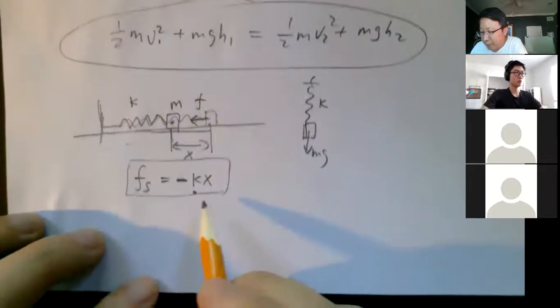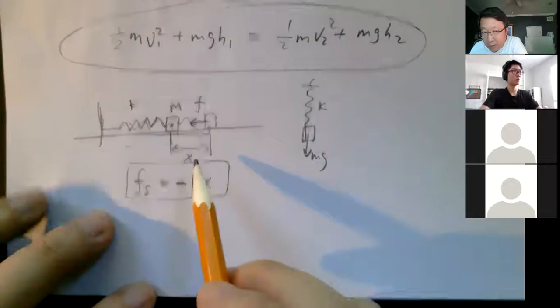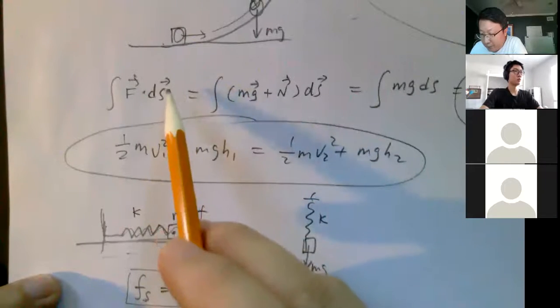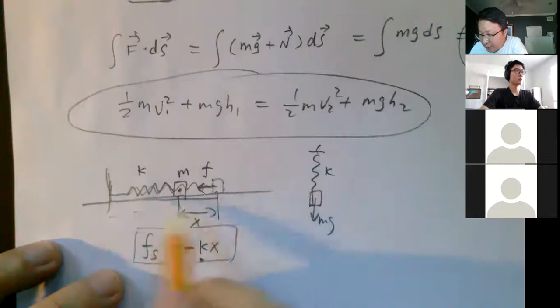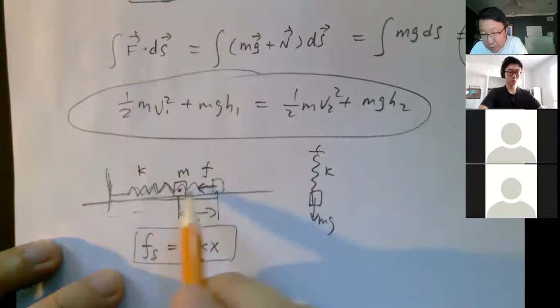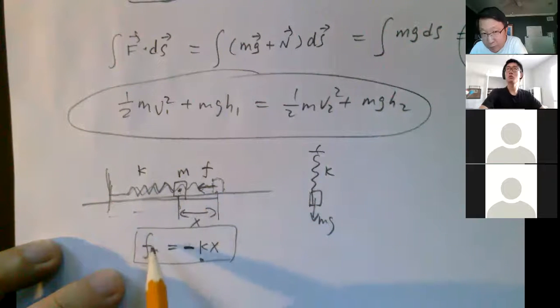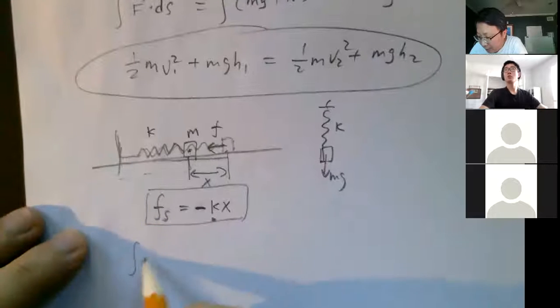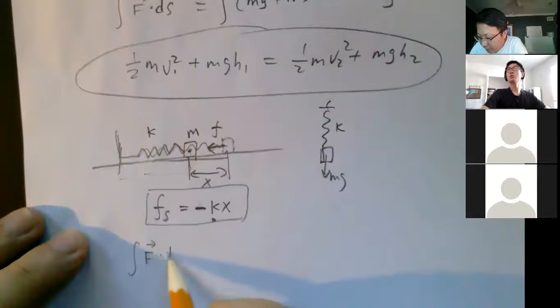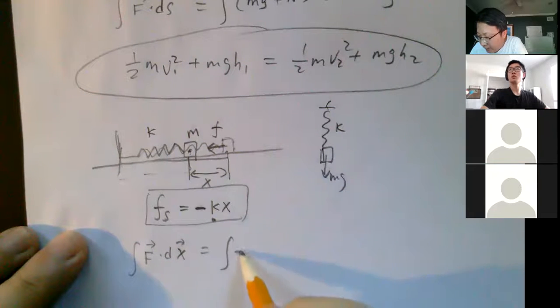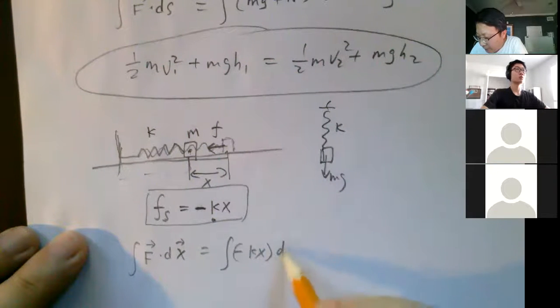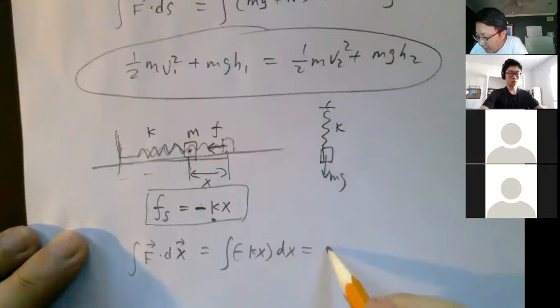For this case you are fine, because mg doesn't do any work, since mg is perpendicular to the movement direction. The only force is basically the spring force. So the work you do, times the x, is really kx dx, which equals